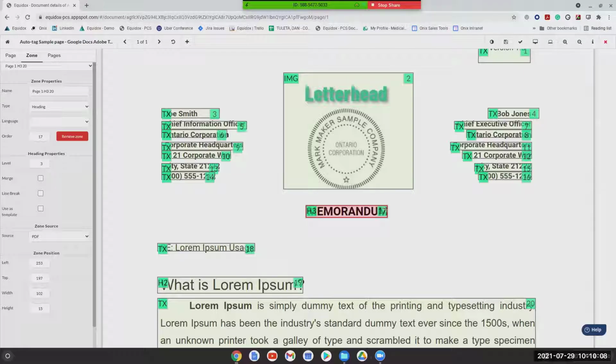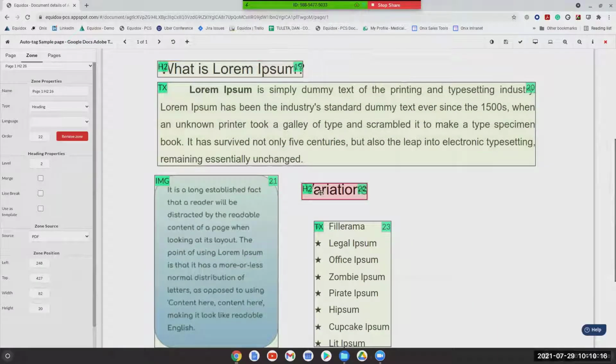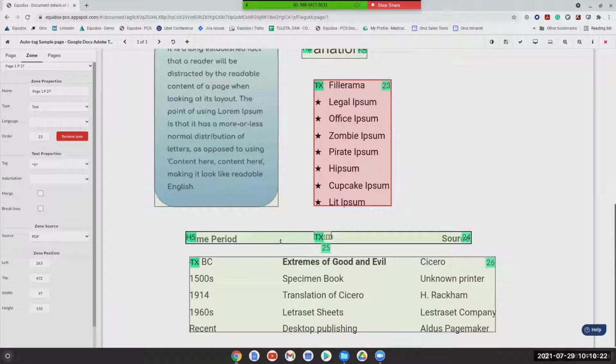You need to have a heading level 1 to begin your document in terms of the heading structure. So you go from a heading level 3 to a heading level 2 to another heading level 2. We have a list here, which is currently just tagged as a text zone. You also have this table down here, where the column headers are tagged with an H5, so a heading level 5 tag. And then you have the entire table below it just grouped together as a clump of text.